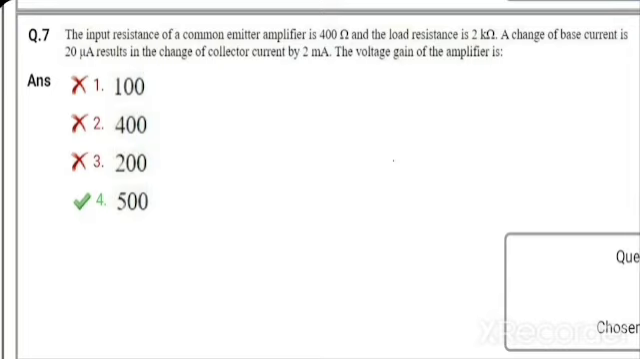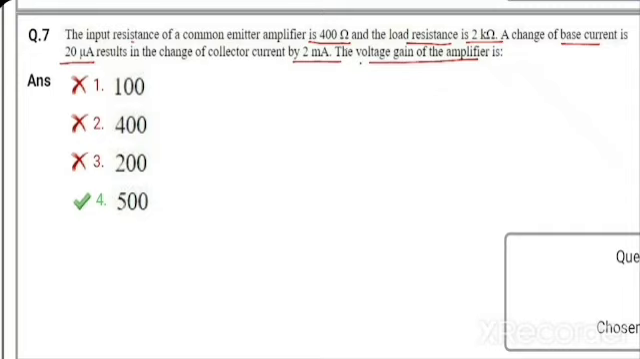Question number 7. The input resistance of a common emitter amplifier is 400 ohm and the total load resistance is 2 kilo ohm. A change of base current of 20 microampere results in a change of collector current by 2 milliampere. The voltage gain of the amplifier is? Input resistance is 400 ohm. So